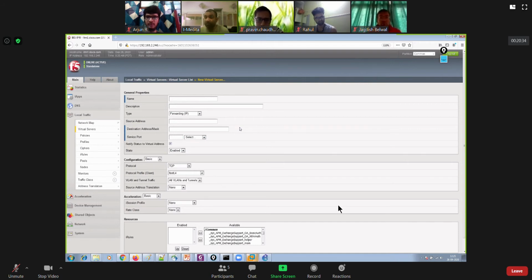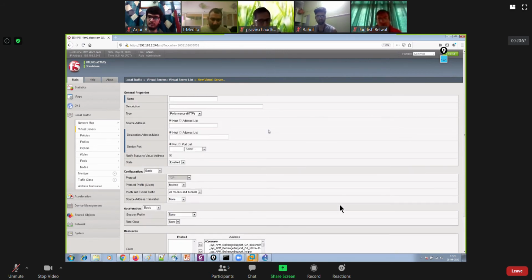So this virtual server was utilized by us to change the behavior of this BIG-IP similar to a router. We wanted to utilize our BIG-IP as a router, and that's where we changed its virtual server type to Forwarding IP. Now, in a similar way, you can also have Performance HTTP. You know very well that in most cases you would have websites deployed in your network, and web servers deployed behind BIG-IP. In most cases, BIG-IP will be doing load sharing for websites and web servers.